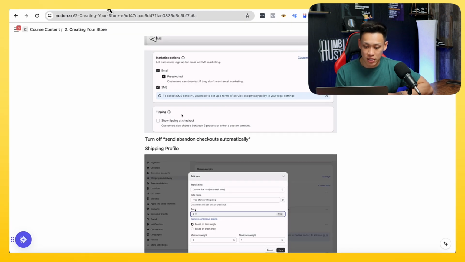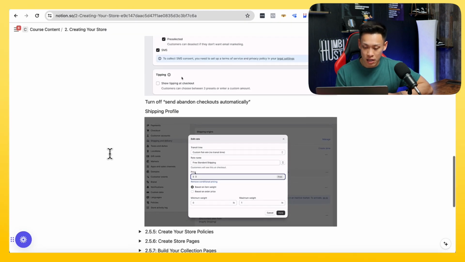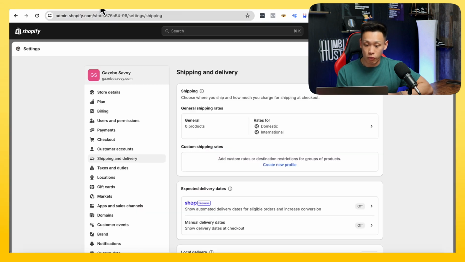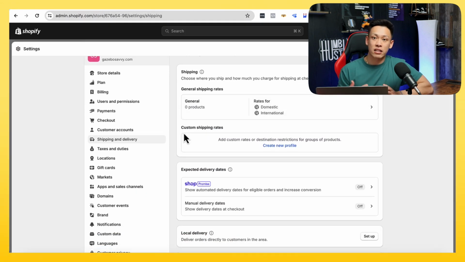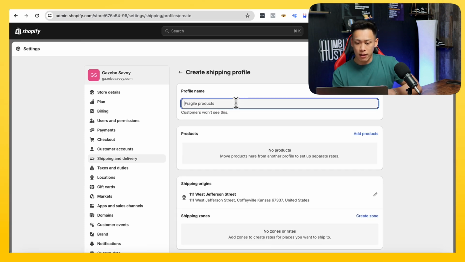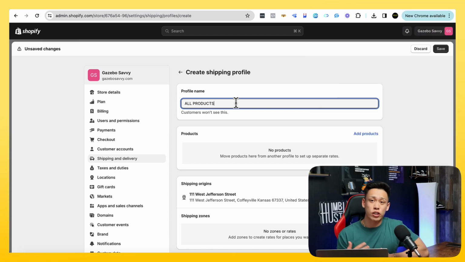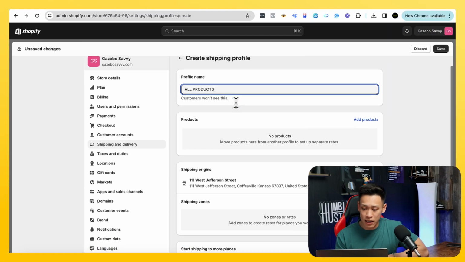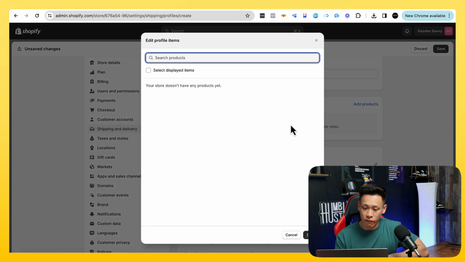So when it comes to your shipping settings, what this basically means is your profile. It means when somebody is about to make a purchase on your store and they get charged shipping, where are they going to see it? So we have to set this in. What we're going to do is create a new profile, and this could be for all products. Now, in the future, when you do get more advanced with Shopify, you could go ahead and create your special shipping packages. But in this case right now, we're just going to do it for all of our products,